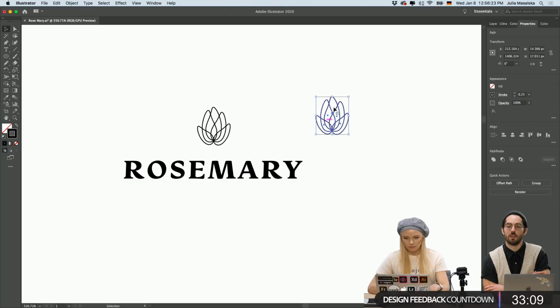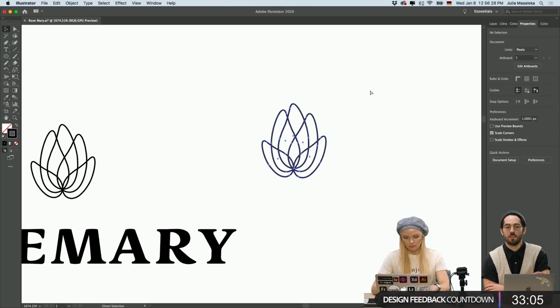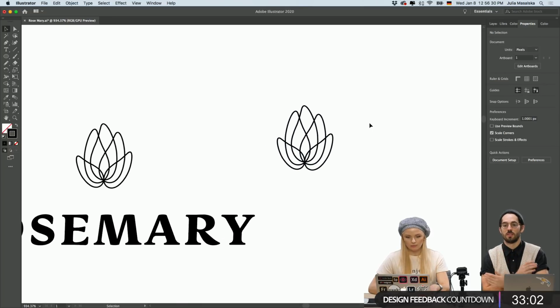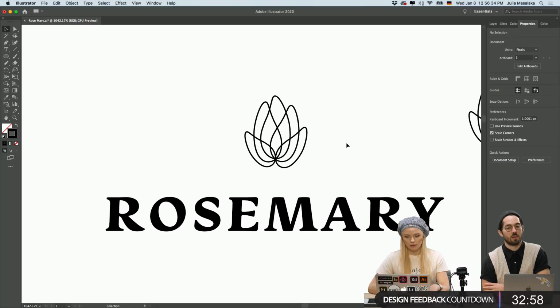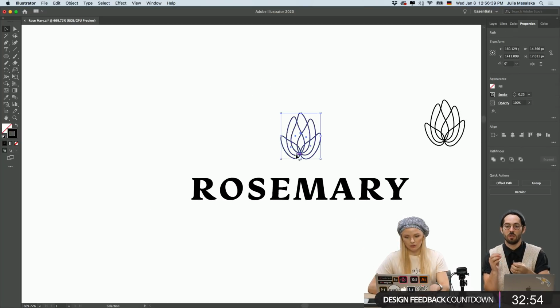That's an interesting idea. Satish also suggested maybe using the shape builder to remove the lines between the shapes in the center. So I guess that's also something that could be explored with something this complex. You have a lot of shapes inside of it, so you could. Sure.